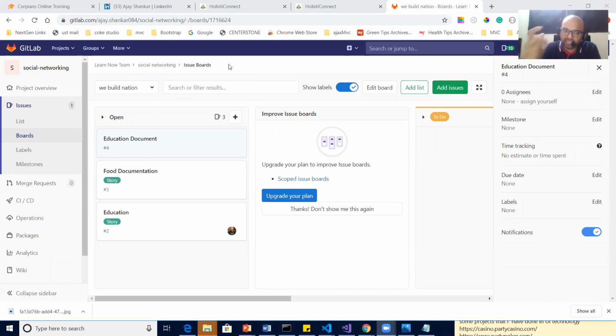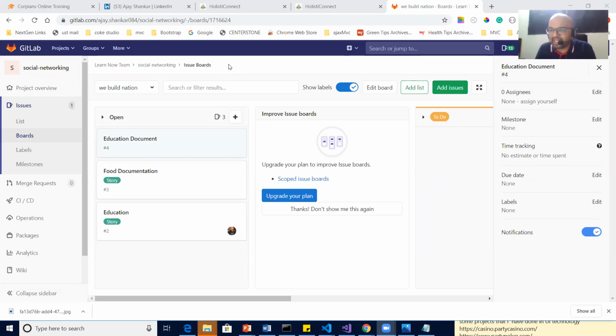We create stories, correct? We create a board. We pull stories onto the board, correct? Then we assign the stories to resource names. Then we drag and drop the story to the to-do list. To do means today we are starting it, or we need to do it. Open means we can even reject, no issues. But once it is put in to do, yes, we accept it and we have to do it.